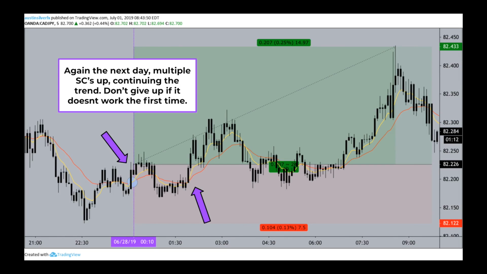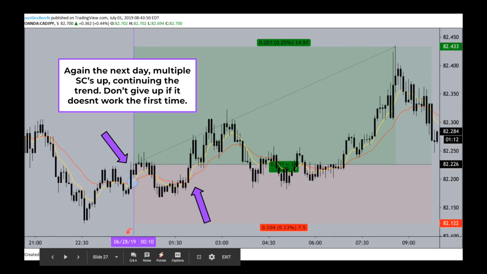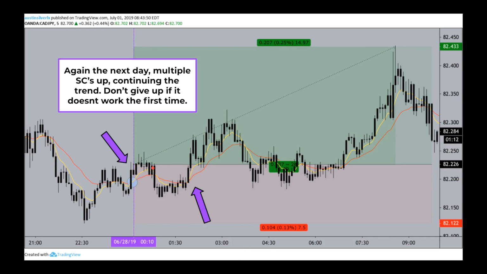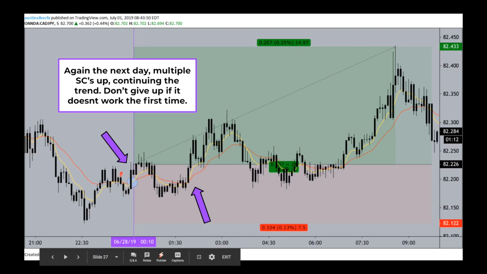Now here, it gets a little bit more interesting because if you hold the long bias on CAD JPY, we move into the next day, we look at the 28th. This is right after midnight. You can see there is another upshift, and what does it do? Chops its way for a few minutes before shifting back down. So again, still being choppy, but if you hold that long bias